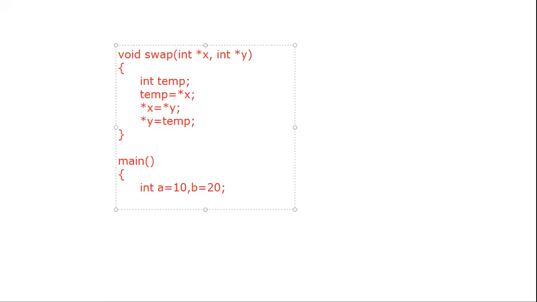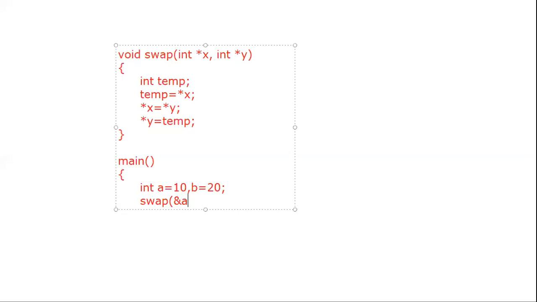Then I directly call that function. When I call it, I am using the address of the actual variables. What are our actual variables in this program? A and B. So we are calling the function with the help of the address of the actual variables.